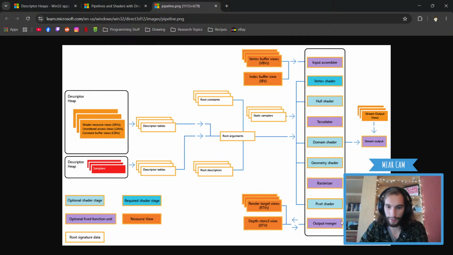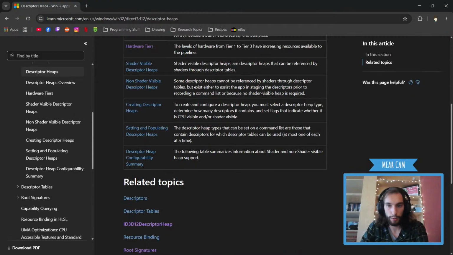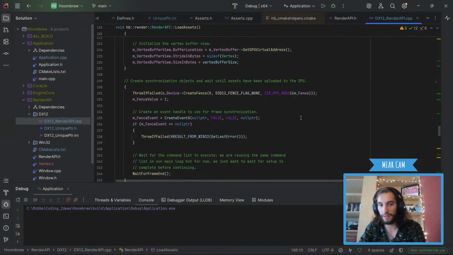So congratulations. Okay. So here's how I see it. Input assembler, we do need to set up. All of this will be the shader. So this is the model. This is the shader. And then this is whatever we have left. Okay. Whew, that's a lot of working documentation. Okay, so